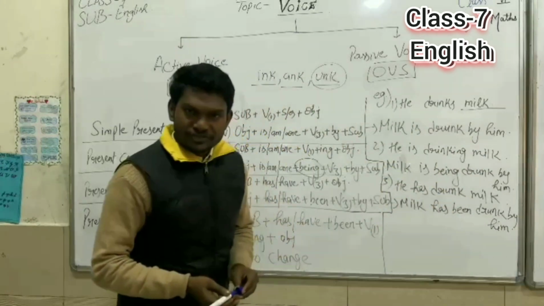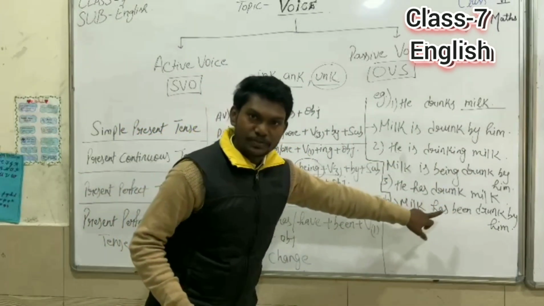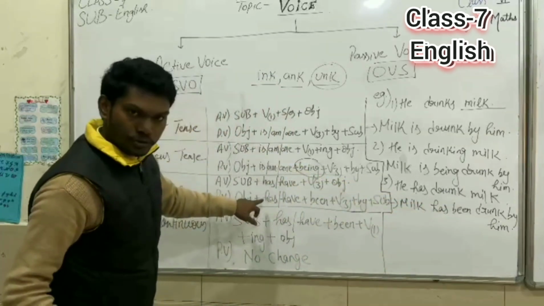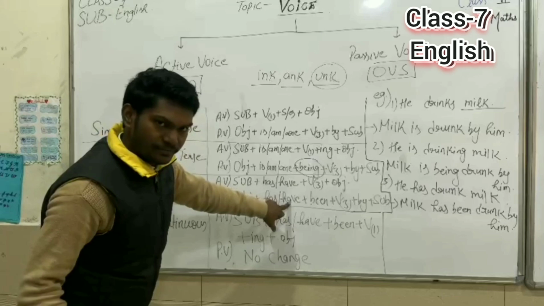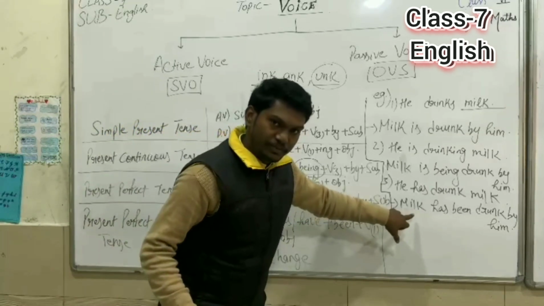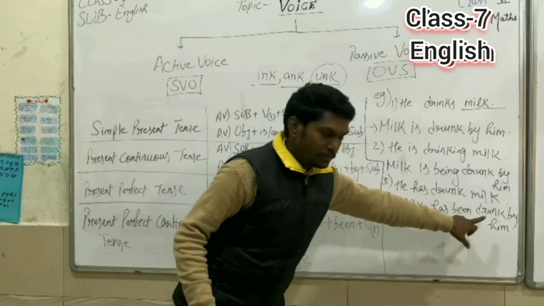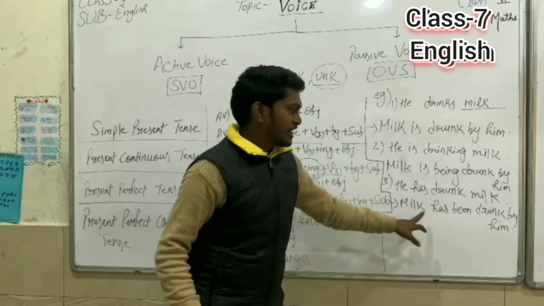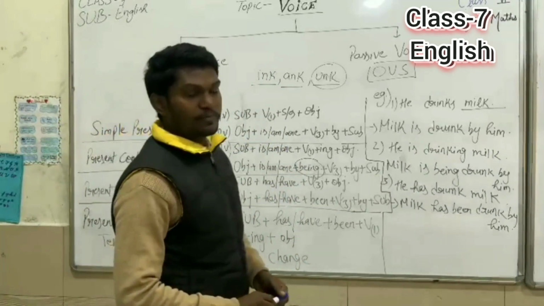So we have changed the sentence into passive voice. You can see here, milk has been drunk according to the rule. Recall the rule again. It is object plus has/have plus been plus third form of the verb. You can see here, object is milk, has been, third form of the verb drunk, by him. Milk has been drunk by him. Now, moving to the next type of present tense, it is